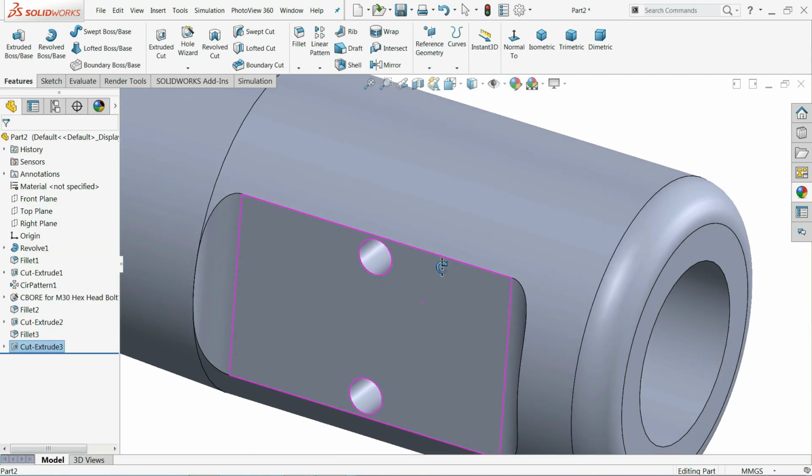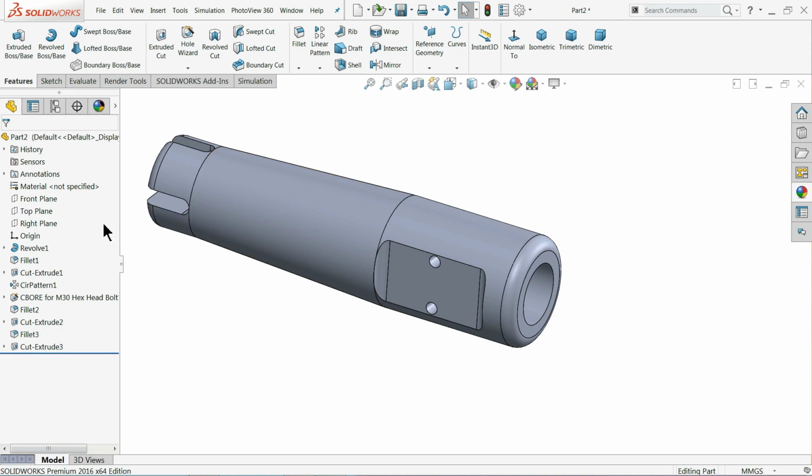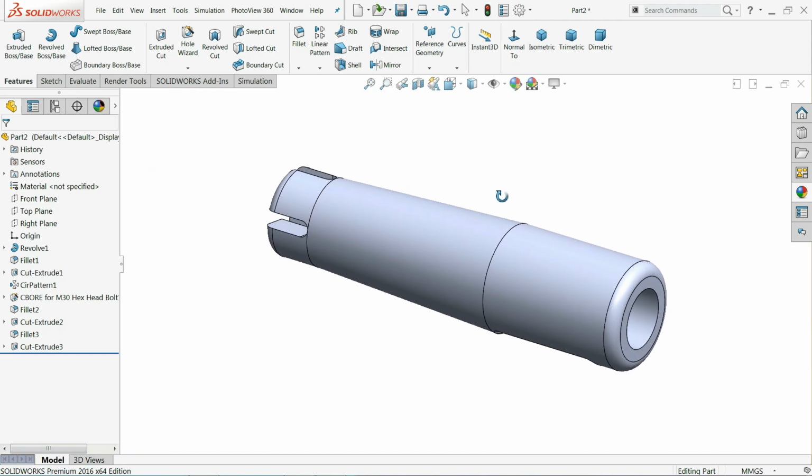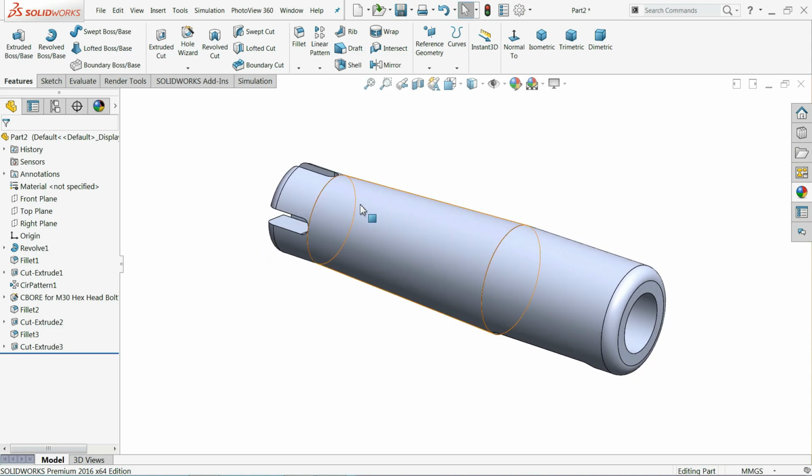See, now we need to make one more cutout here, so we will use again the same thing.